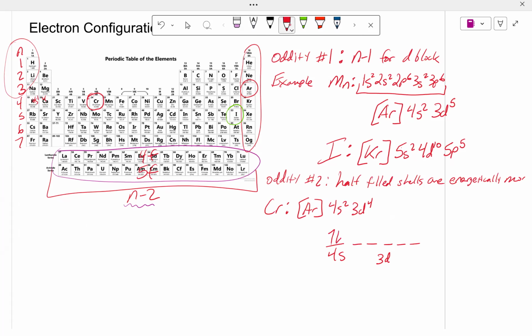I put 2 in the 4s, and I put 4 in the 3d. Again, I'm following Hund's rule that says I have to half fill everything before I start to completely fill them. But I want you to notice, this is not the most energetically favorable version of chromium. Because if I were to take that electron that I just circled in the 4s and give it to the 3d,